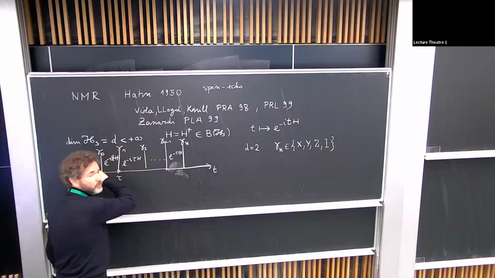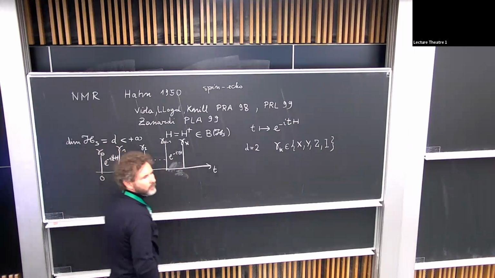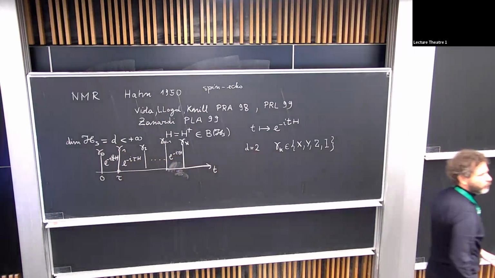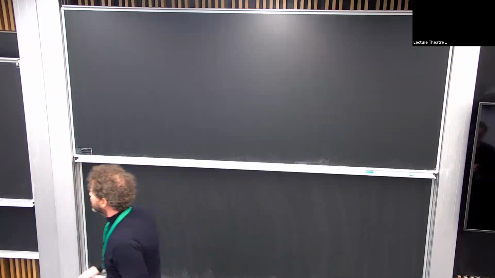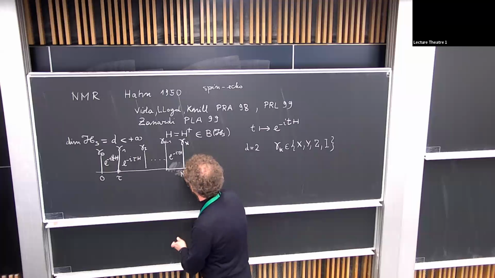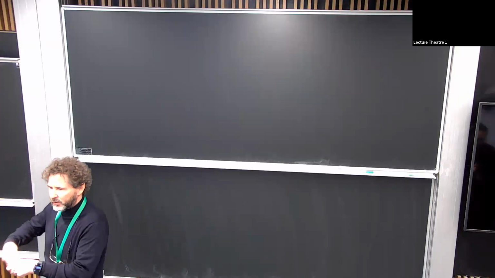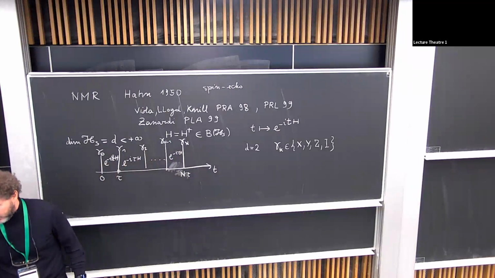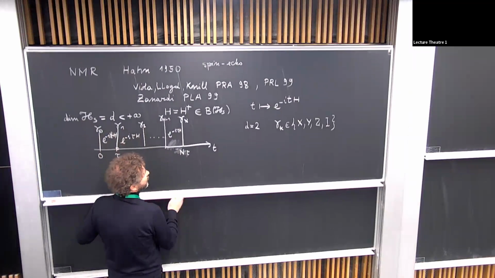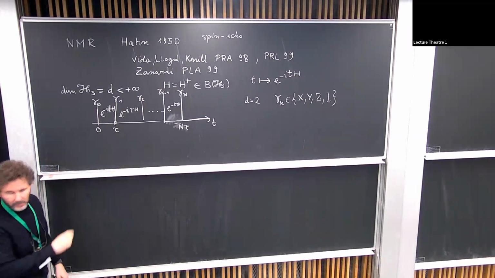Now, of course, if the pulses are just identity, you are doing nothing on the system. This is the free evolution of the system. And now the idea is: can we conceive a suitable sequence of pulses such that the system, which wants to evolve with the free evolution, does not evolve? So essentially you just suppress the evolution of the system. In order to do that, I need to introduce the concept of the decoupling set. So what is a decoupling set?